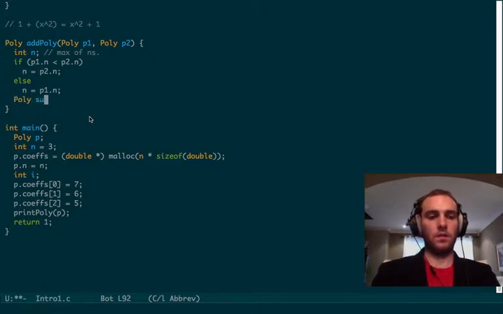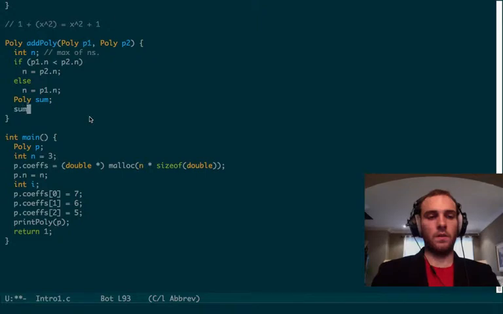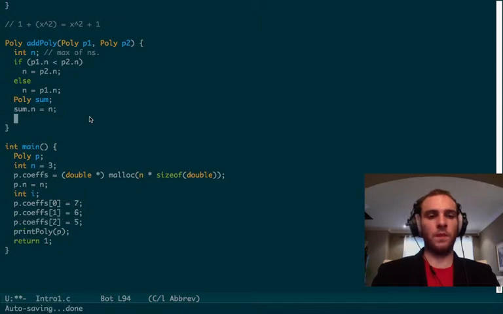Poly sum dot n equals n, and we're going to keep the min to